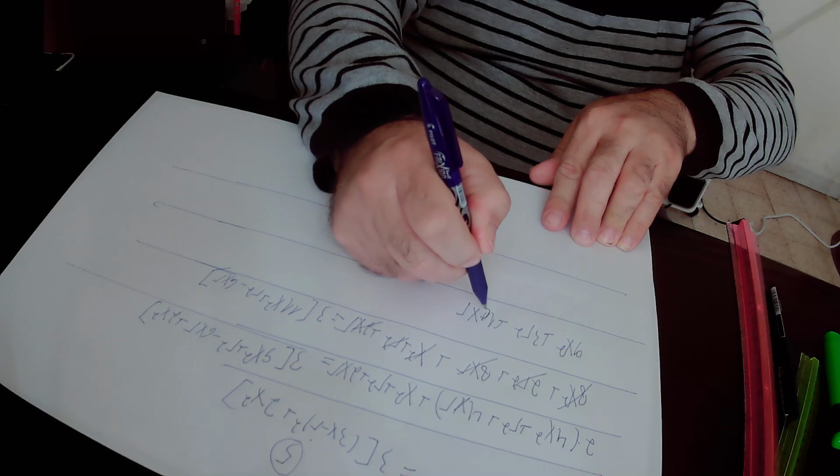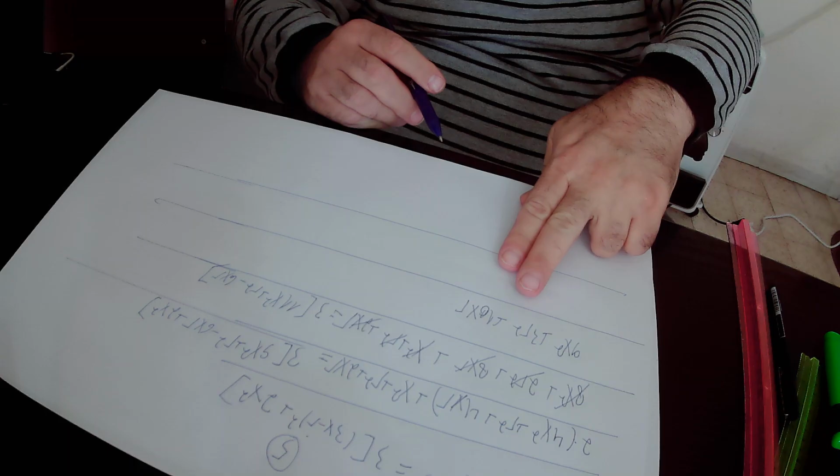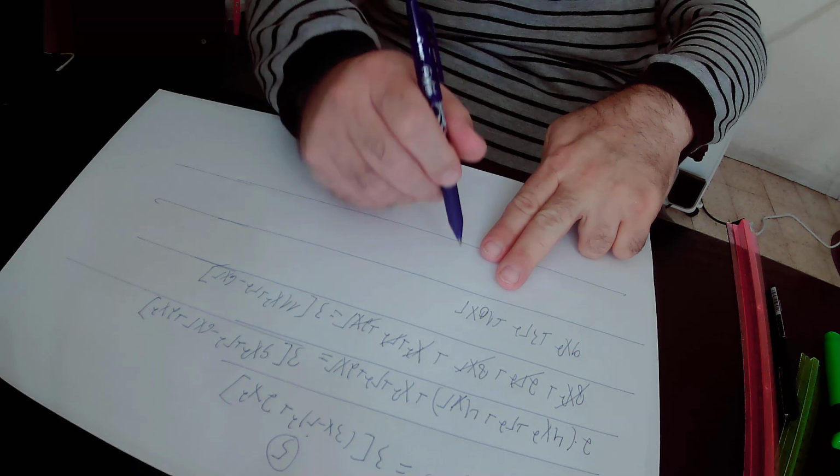So, in conclusion, on this side of the equation we have 9x squared plus 3r squared plus 10xr, and it is equal to,